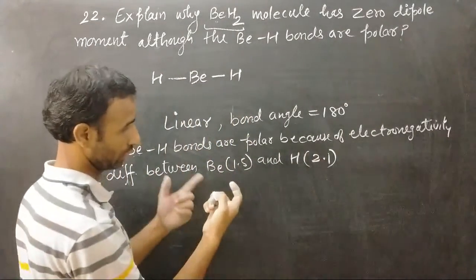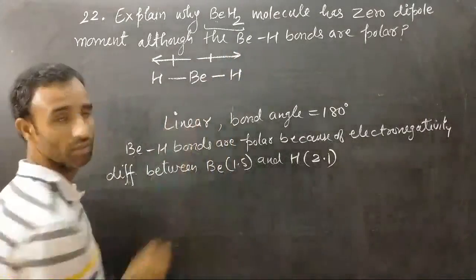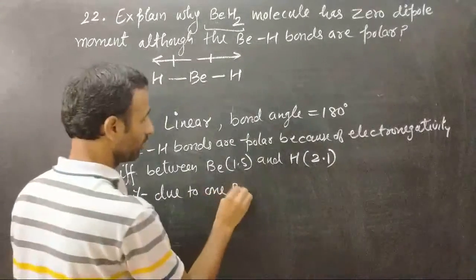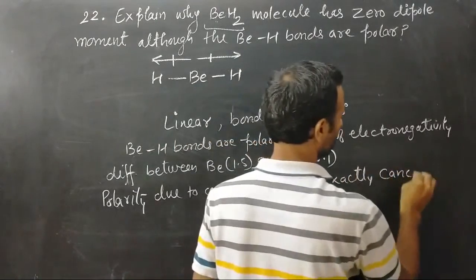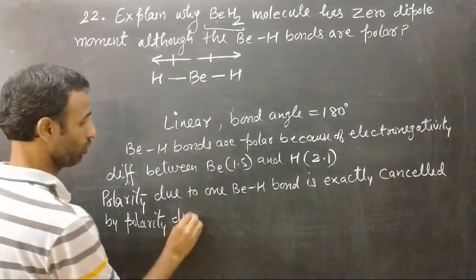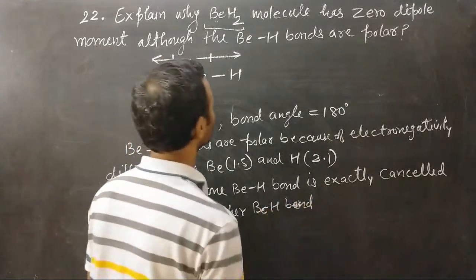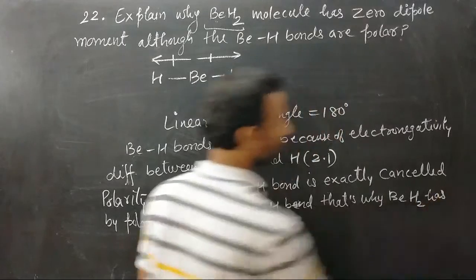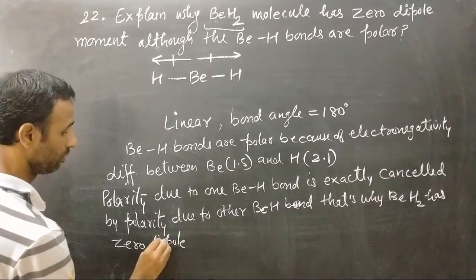So you know, the direction of polarity or dipole moment is towards the more electronegative atom, but the polarity due to one Be-H bond is exactly cancelled by the polarity due to the other Be-H bond, right? That's why BeH2 has zero dipole moment